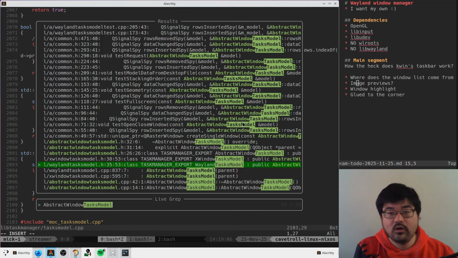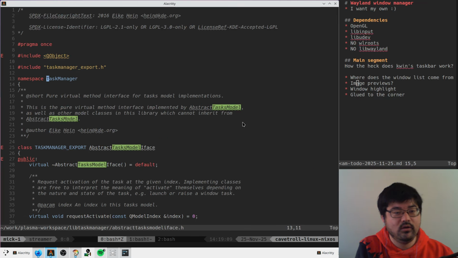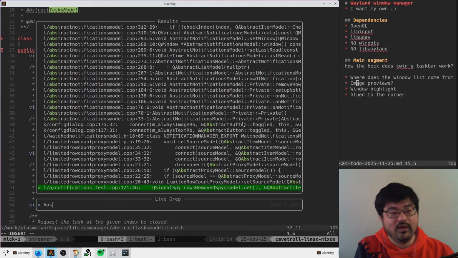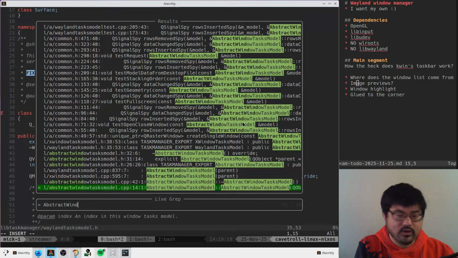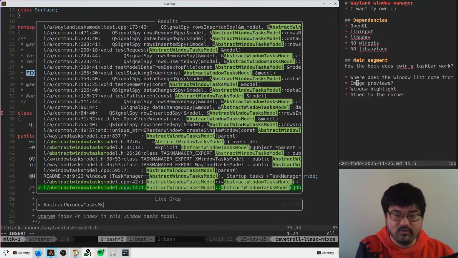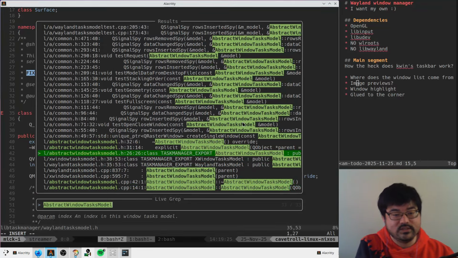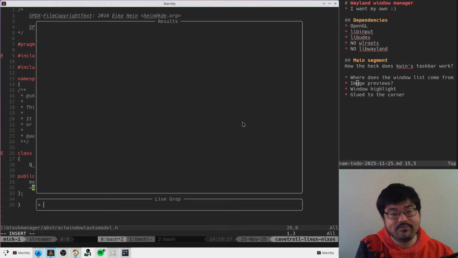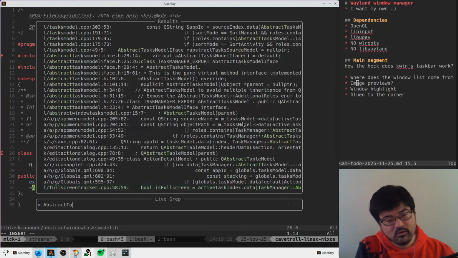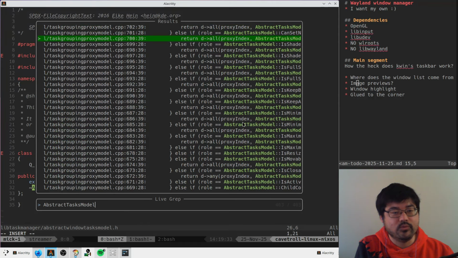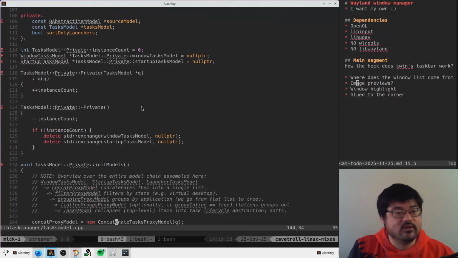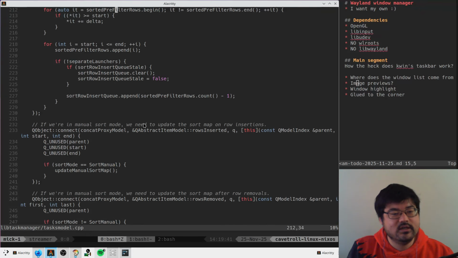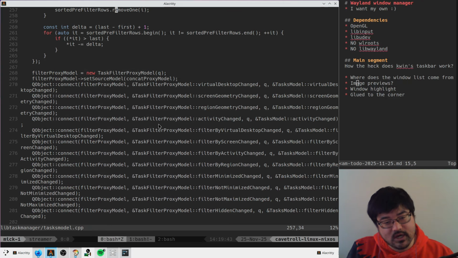Interesting. Maybe this guy inherits from something? Whoa. Abstract window tasks model. Does he inherit from something? Abstract tasks model. Which is used in tasks model. Nice. Okay, so the tasks model is attached to some abstract tasks model